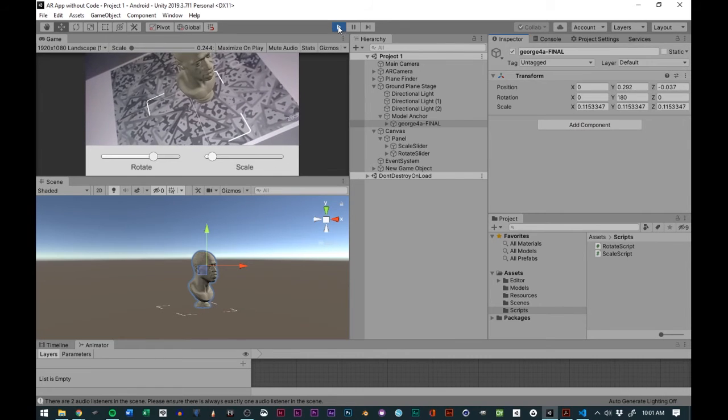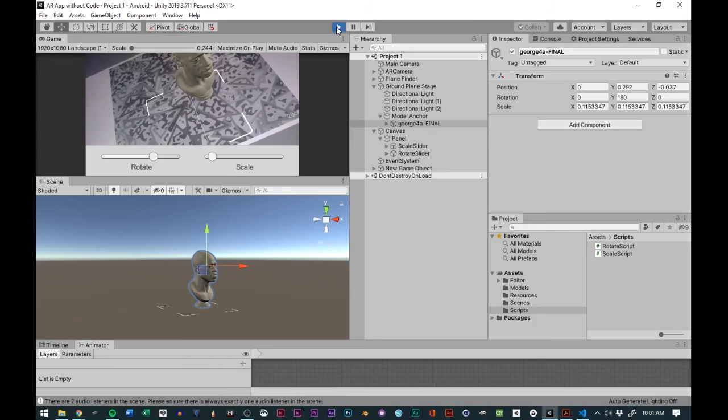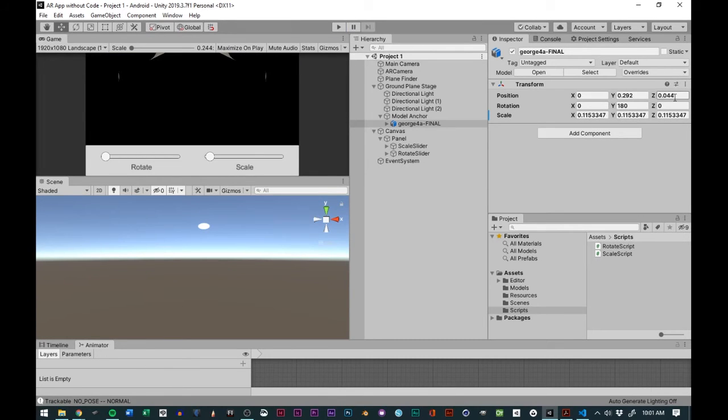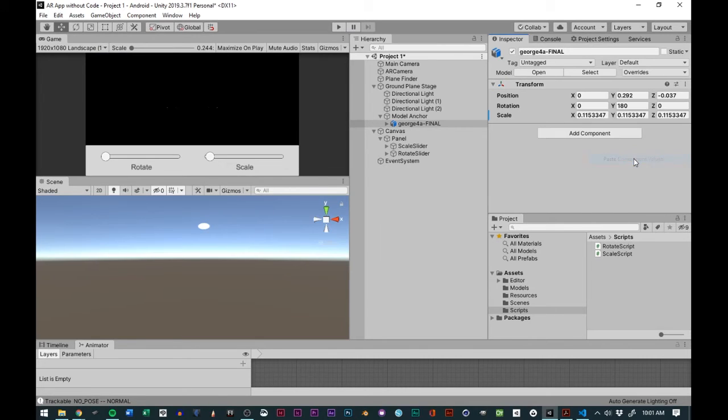And so when I click play or unclick the play button, these values are going to go back to the way they started before we clicked play. And notice how they're back here. So all we're going to do is go to the 3 dots again. We're going to paste component values, and notice how this is exactly the values that we had before. So we'll go ahead, click save, save the project,